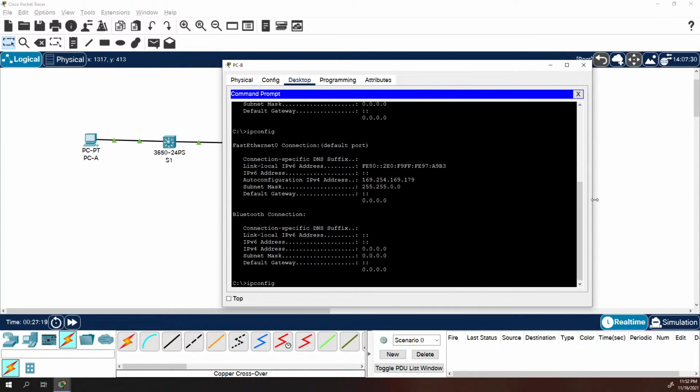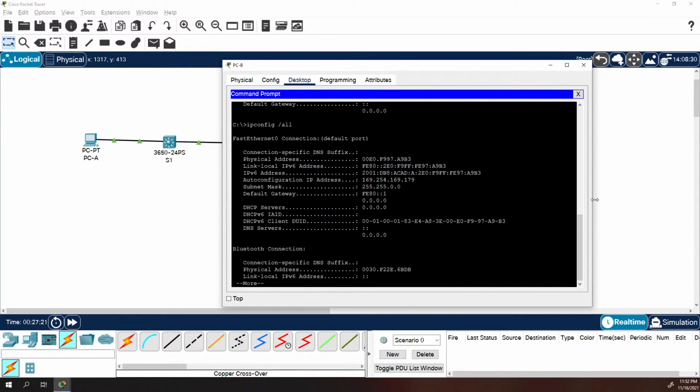So if I run ipconfig /all, what you're going to see is that we have a physical address of 00E0F9 for the organizational unit, and for the unique identifier for the interface, 97A9B3. The reason why I read it out that way is what's going to happen during this stateless auto configuration